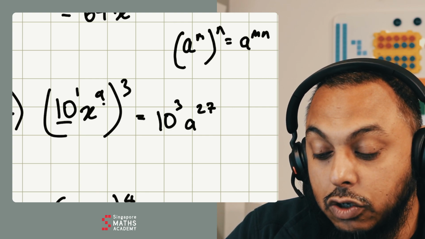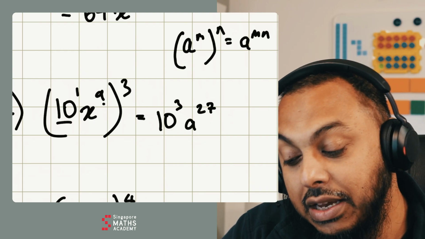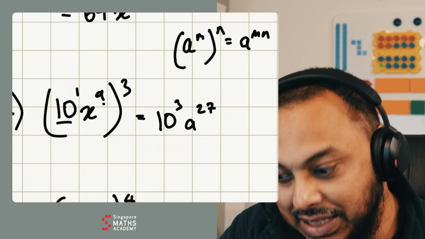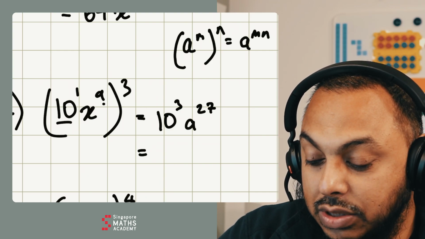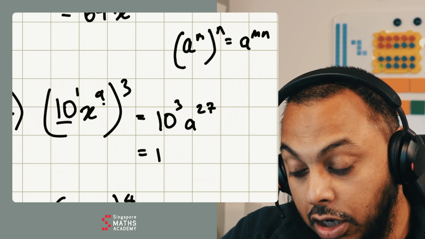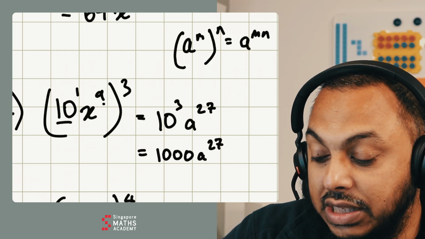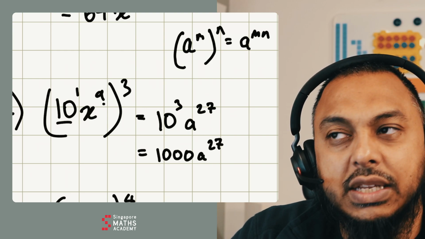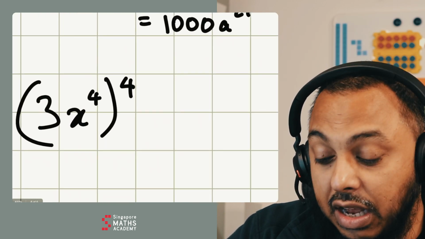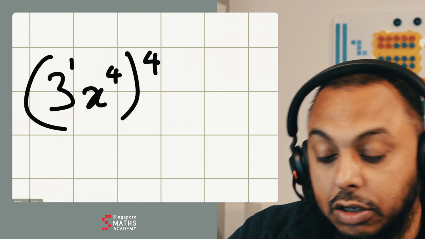So I get 10 to the power of 3 times a to the power of 27, which is equal to 10 cubed: 10 times 10 is 100, times 10 is 1000, a to the power of 27. So using this strategy, it might make our lives a bit simpler to think of 3 as 3